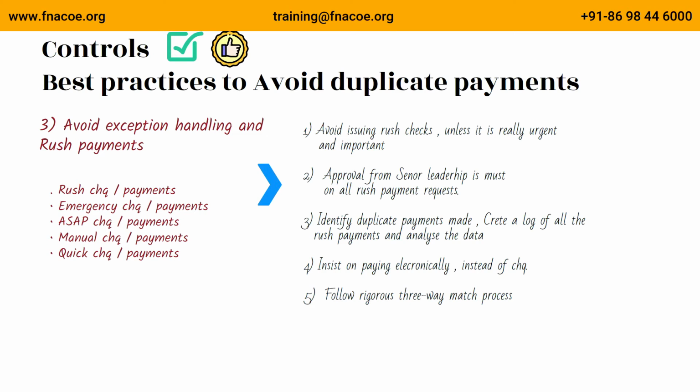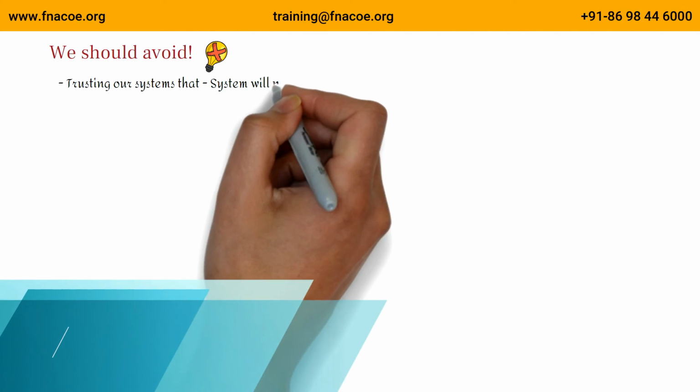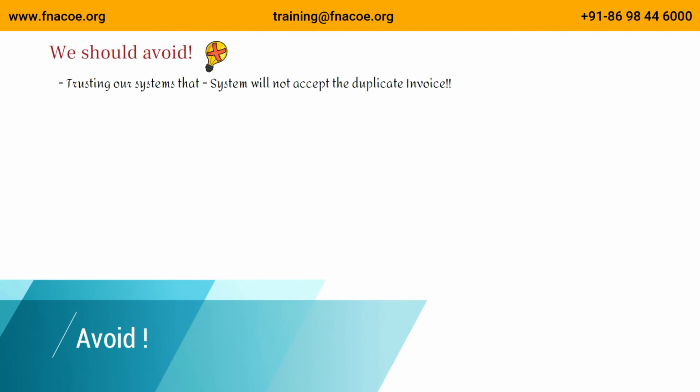Insist, even if you have to make a rush payment, on paying electronically instead of by check. When you do get a request for a rush check, insist on ACH payment. Hopefully, you will convince the recipient to be paid electronically in future, eliminating them from future rush check payment pools. We should avoid